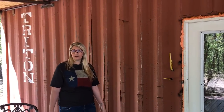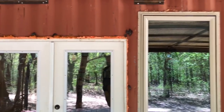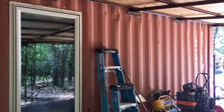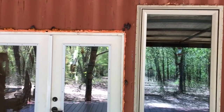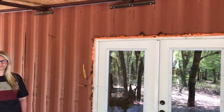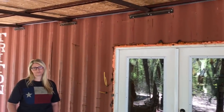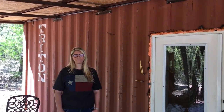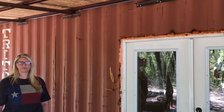Like Sarah said, we did have some condensation issues on the inside. It is a steel box, just like when you pour cold water into a glass and put it outside, it has condensation on the outside. Just think of the opposite of that. When it's cold outside and we are inside, imagine it being a glass. Inside, there were some areas where there was condensation dripping down the walls, even though we have that polyiso insulation. So what I'm actually going to do is clad this out with probably about 2 inches of